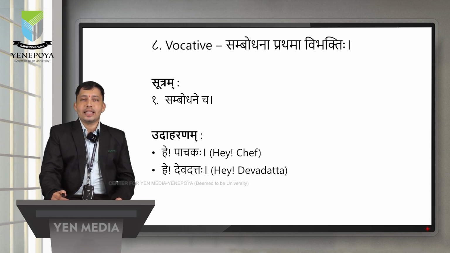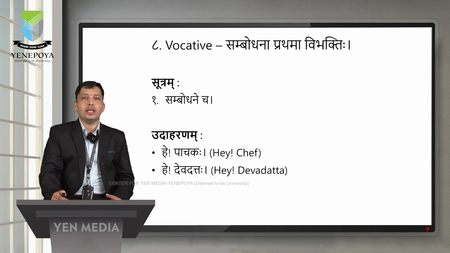Here is one more thing we can see in the Shabda Rupa table, most of the time at the end or sometimes immediately after Prathama Vibhakti. This is Sambodhana Prathama Vibhakti, which doesn't have a separate karaka and doesn't have a separate identity, because it comes under Prathama Vibhakti. This is used to call someone or to address someone. For example, first we will see the